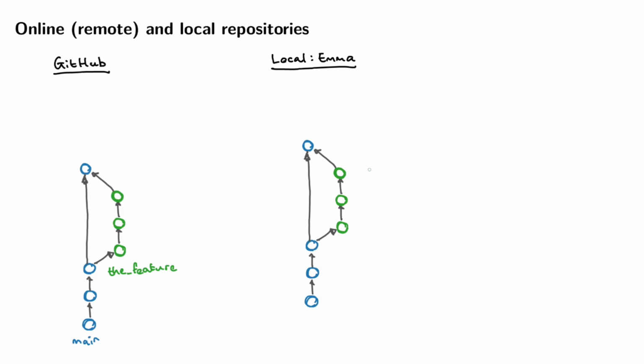And now Emma has a copy of this on her machine, and she now wants to make changes. So what she would then do is start a new branch called, I don't know, another feature. So she would branch off from main and have a new branch here called another feature. And she would make changes to this branch on her local machine. Make a commit, change some code, add some documentation, have another commit, and so on. What she would then do is